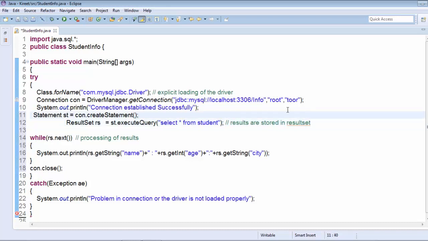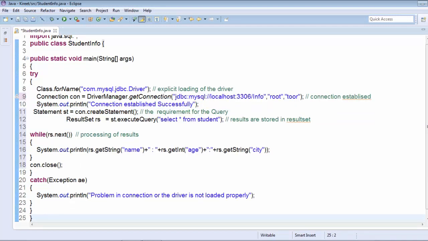Here you can see the connection established, and the requirement for the query that you will be firing.